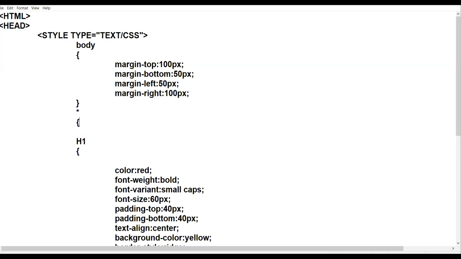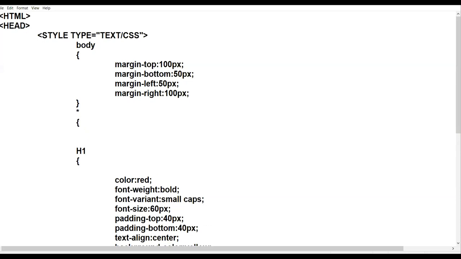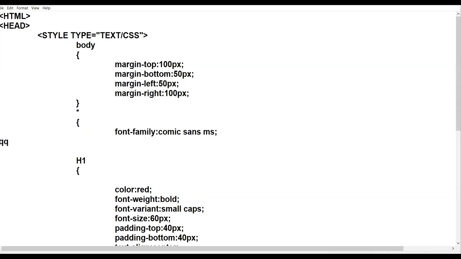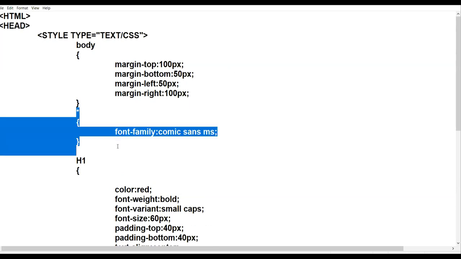Take the curly bracket over here and write your property. Font family Comic Sans MS and put a semicolon over here and close this property. Now see this. This is how you can give universal selector.